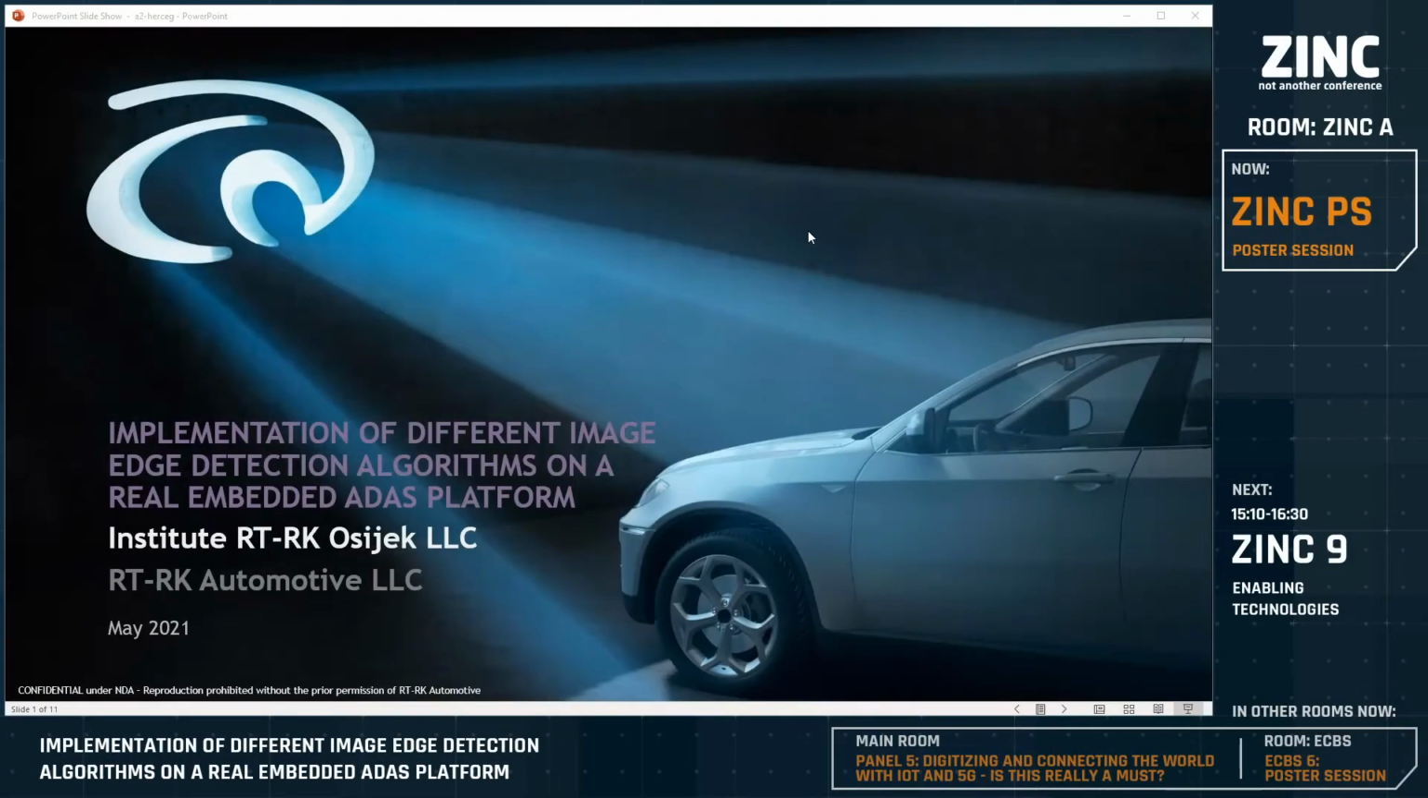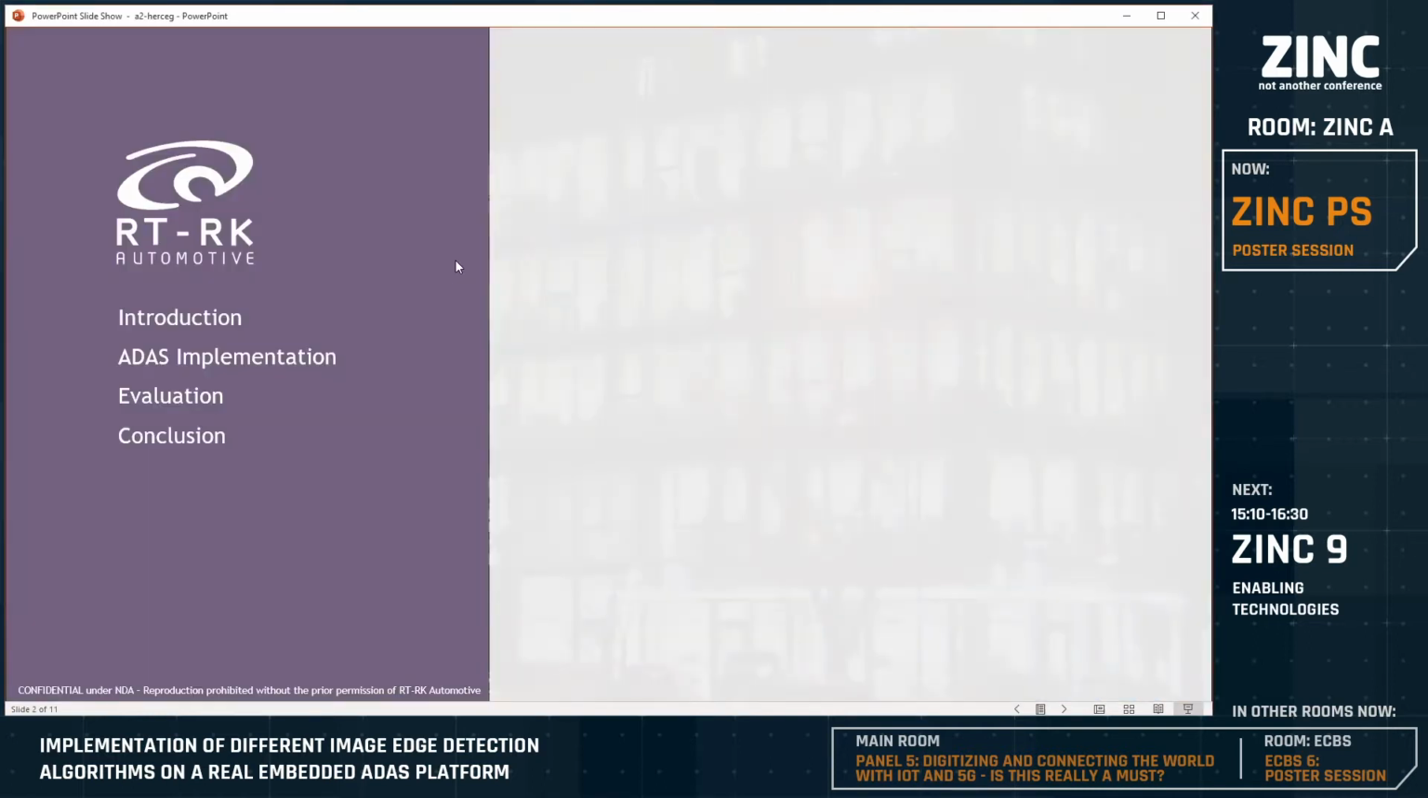So the paper I will present today is the implementation of different image edge detection algorithms in a real embedded ADAS platform. So in the first chapter, I will talk about ADAS and edge detection in general. Then I will cover the algorithms and the ADAS implementation itself. And then I will cover the evaluation of the solutions and conclude the presentation with a conclusion about usability in